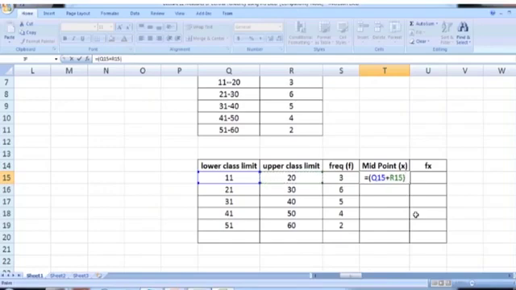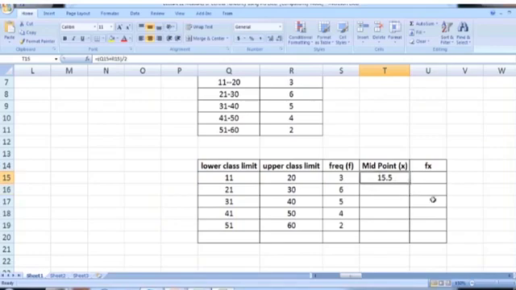Add these two numbers and divide by 2. Excel will add the numbers in Q15 and R15, and then divide the sum by 2. So this is how to calculate the midpoint. It is 11 plus 20 divided by 2, and we get 15.5.